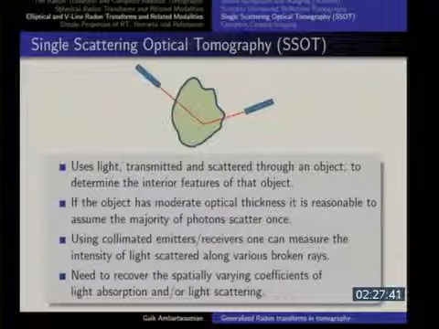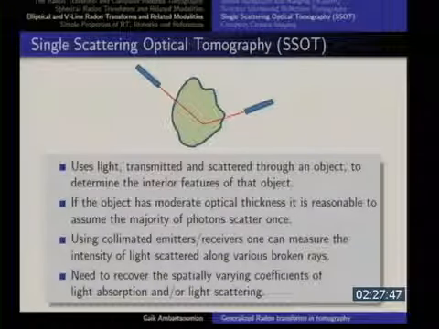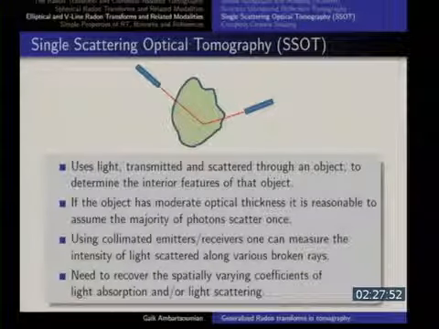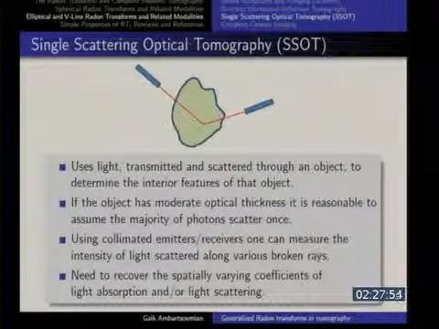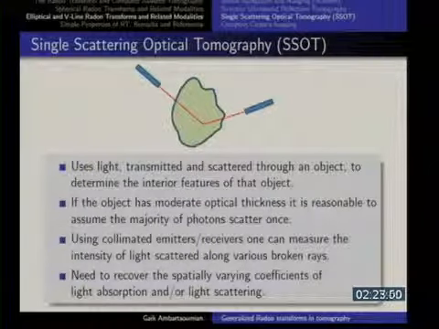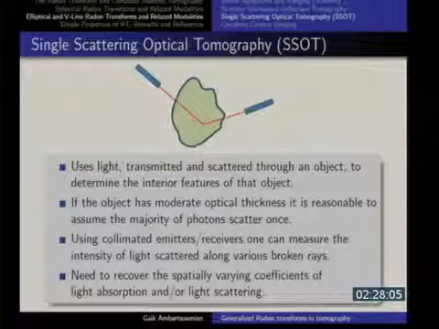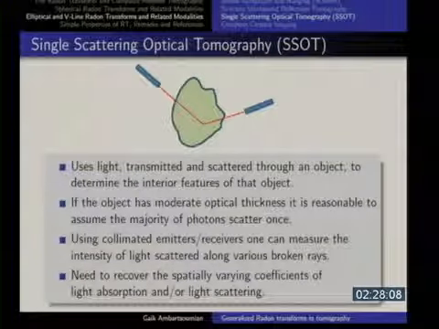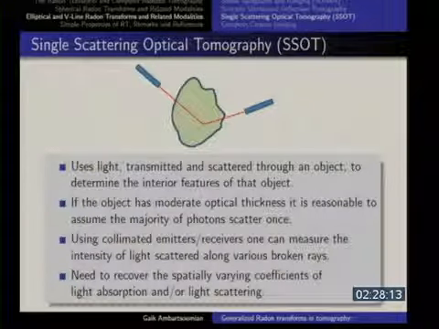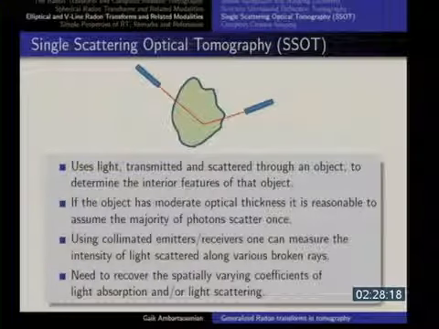And it comes from a different type of tomography, but you have seen some of the math I'm going to talk about today. So this is single scattering optical tomography. It's optical tomography: you are shining light through the body. And single scattering means that I'm going to assume that the photons scatter once. So I will assume that the thickness of the object is such that one scattering is all that you get. Now, it may fly through, of course, but you don't get more than one. If you do, then we ignore it, basically.